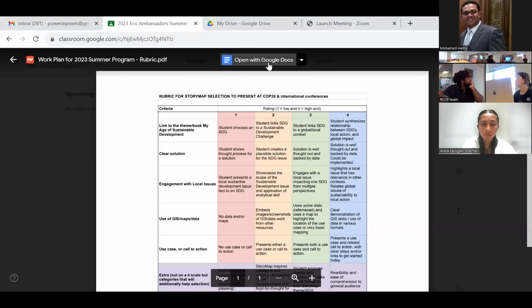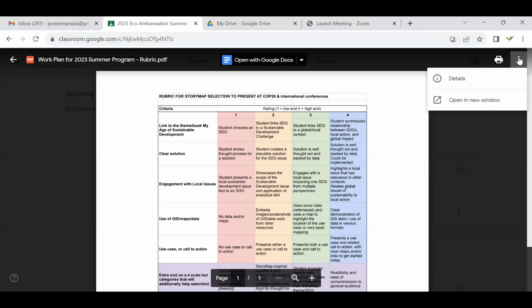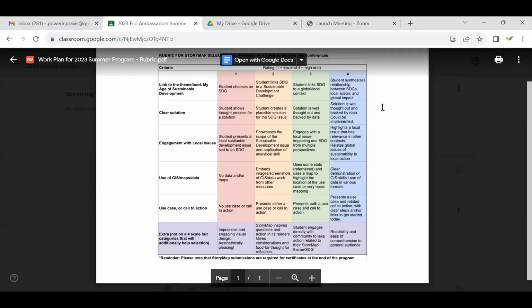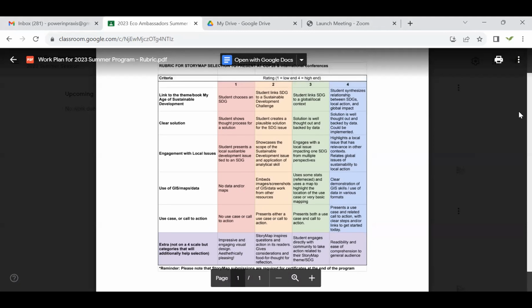So as we've been talking about, and as you all have been working on, the final project for this program is the story map that you make based on an SDG. And we will be choosing the top 5 or 10 story maps, both from the individual projects and the team projects, to share at COP28, which is coming up this fall in Dubai, and also at the other international climate